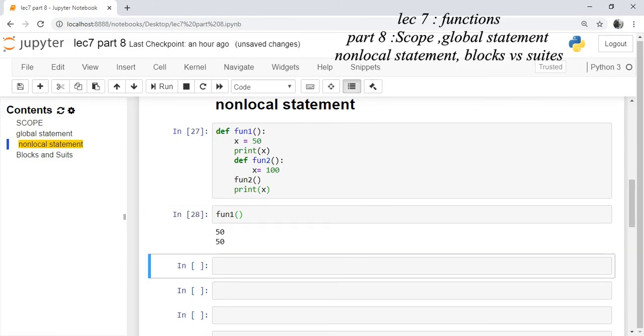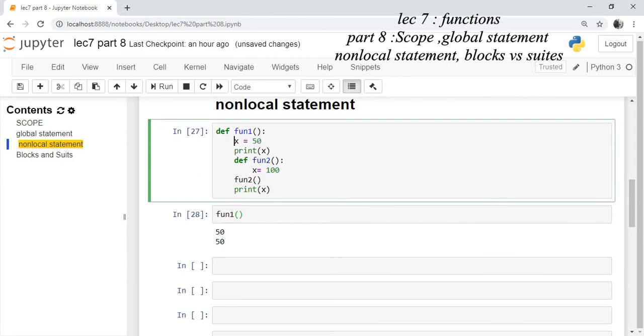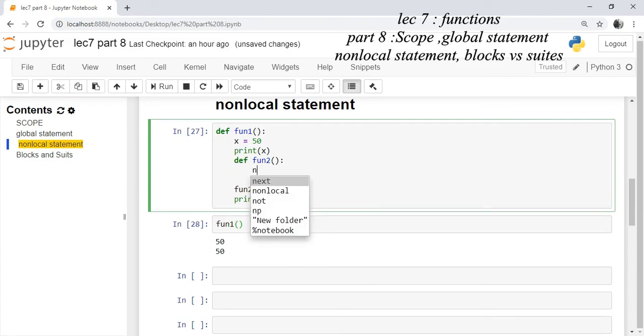If you want to use this value of x equal to 50 so that it should be affected by the statement x equal to 100 here, you can use a statement called non-local, with the same variable x, so we write non-local x. Now click on the cell and run the cell again.